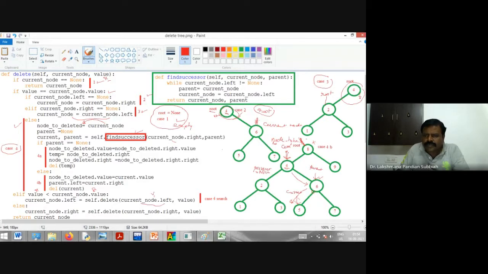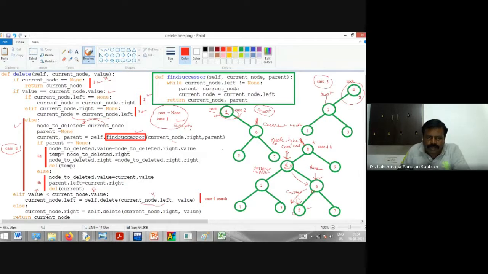Now for this current node, the current node left is null. So this is the leftmost. Then what we have to do is copy that successor to 4. Instead of deleting node 4, we are copying the content to that node. So we are removing 4 and copying the content 5 here. Then we can delete this node 5.